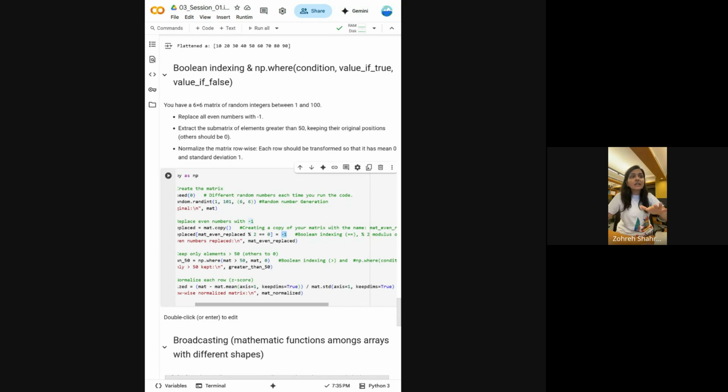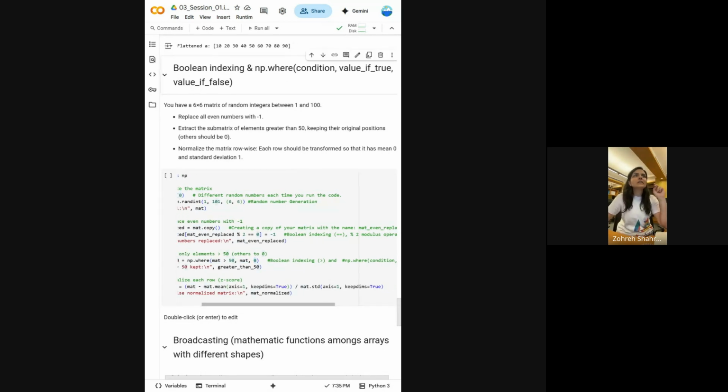But here I said, if it satisfies, keep it. But if it doesn't satisfy, you should perform another act, which is replacing it with 0. So I have already in the title of this part